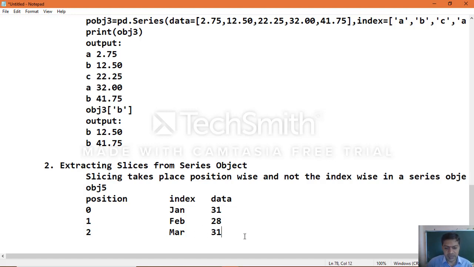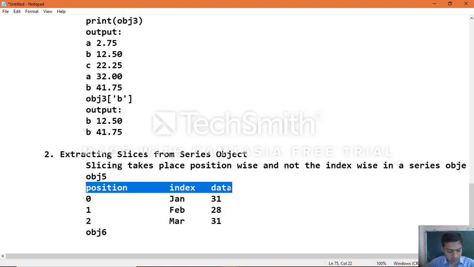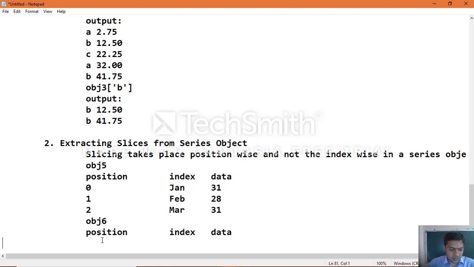In the same manner, you can see another object, obj6, and you can apply the same tabular form to see how the data looks. Object 6 data is represented with position 0, index value 0, because we didn't use our own index.